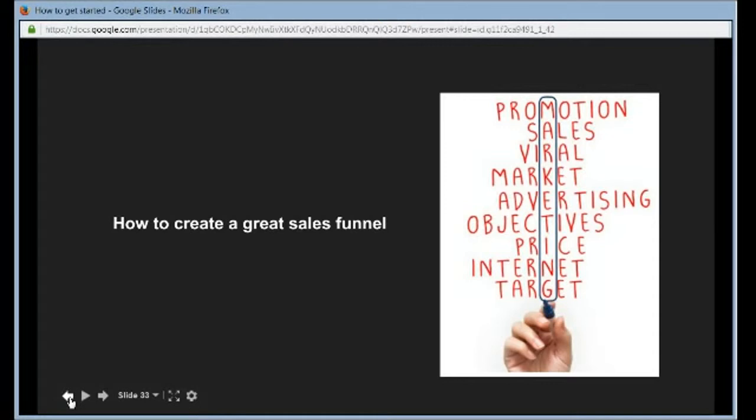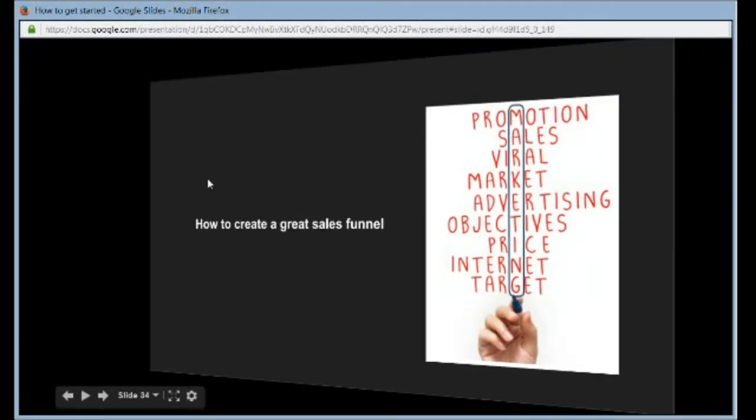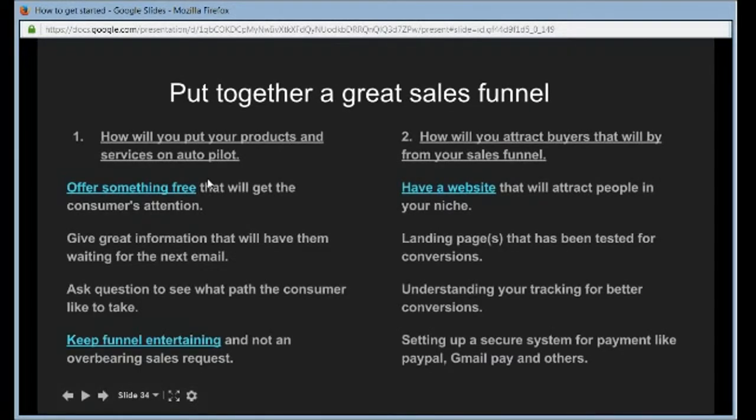Okay, so let's go ahead and get into this right now, and I'm going to take you step by step with the first two here. Put together a great sales funnel. Number one, how will you put your products and services on autopilot? Offer something free that will get customers' attention.